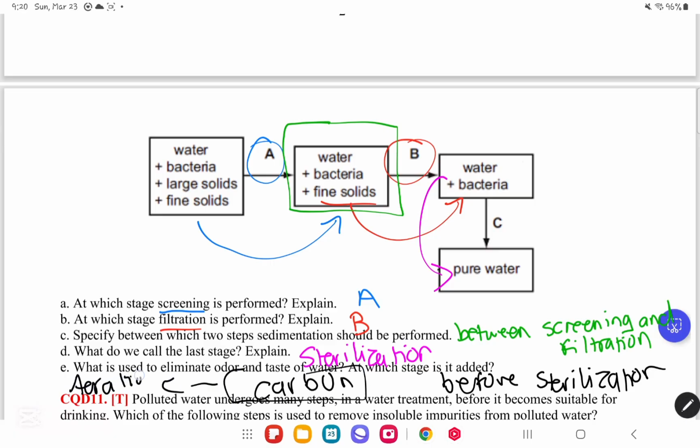Okay, and then before the sterilization, what occurs? Aeration occurs, which is the addition of carbon to eliminate odor and taste of water. And then finally, after that, you have aeration. Okay,